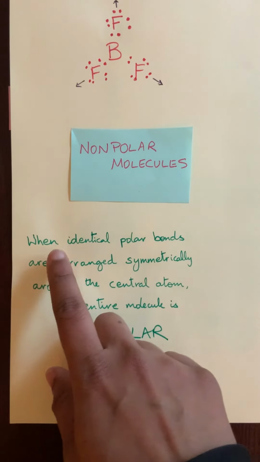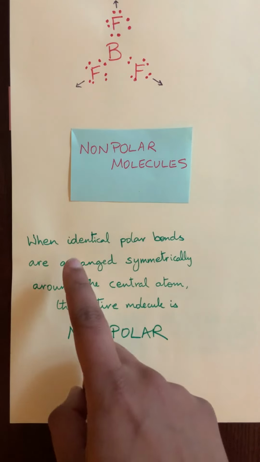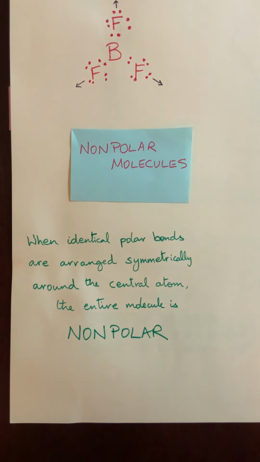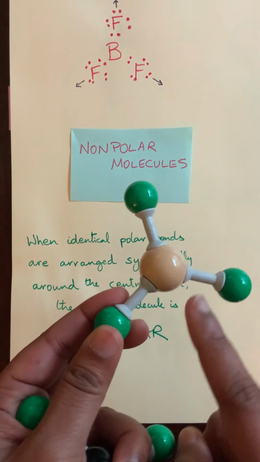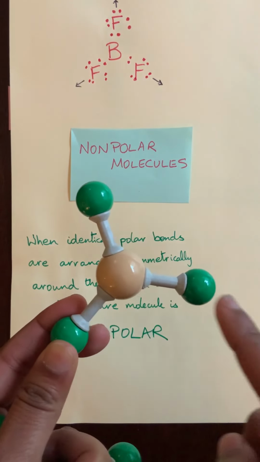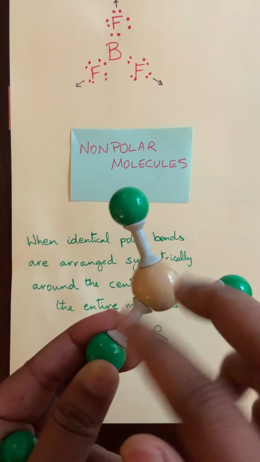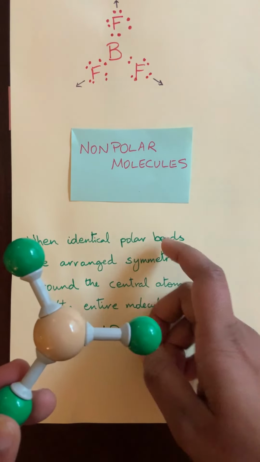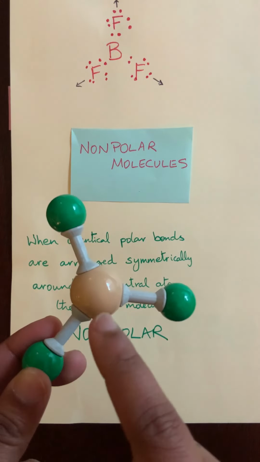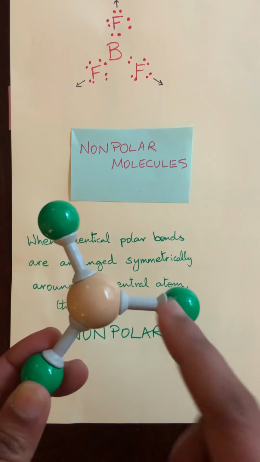So when we have identical polar bonds that are arranged symmetrically, the entire molecule is nonpolar. What do we mean by identical polar bonds? We have boron to fluorine, boron to fluorine, boron to fluorine. So everywhere it's boron to fluorine. So they're the same bonds with the same differences in electronegativity, but they're symmetrical in this pattern, 120-degree angle from